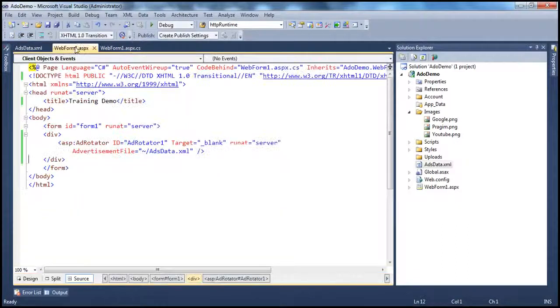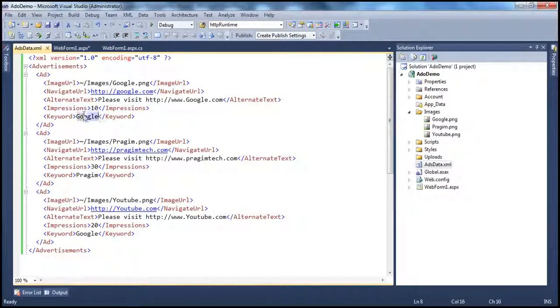Now this web form 1 contains more information about Google websites and Google products. So probably displaying Google ads on this page is more relevant, contextual advertisement. So I want to filter every other ad except Google ads. Is that possible? Absolutely. And how do we do that? Using the keyword filter. So you specify the keyword filter here. Now I want to display only Google ads on this web form 1.aspx. So in that case I use this Google keyword